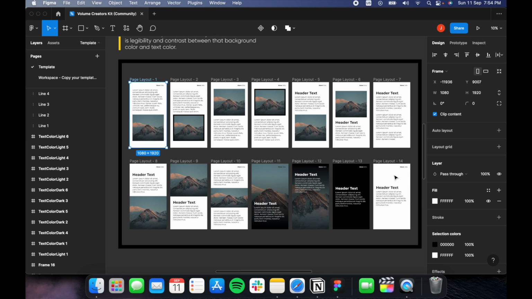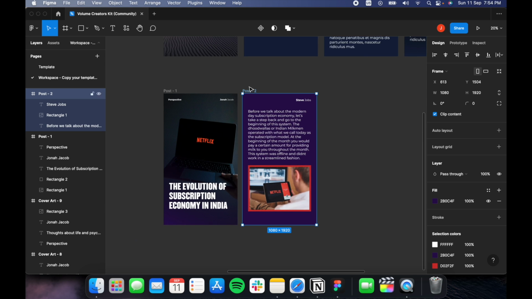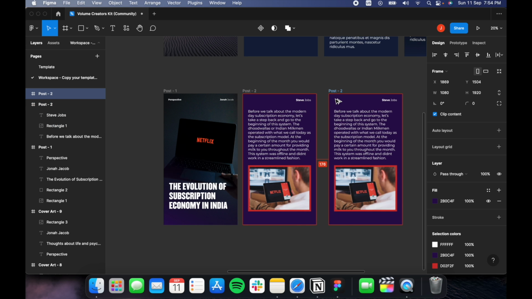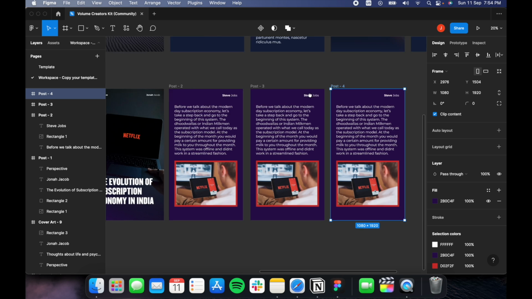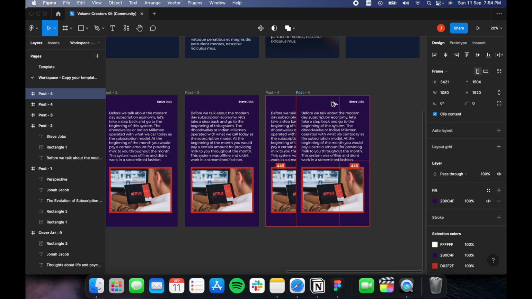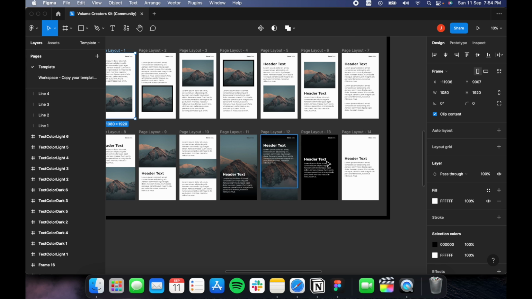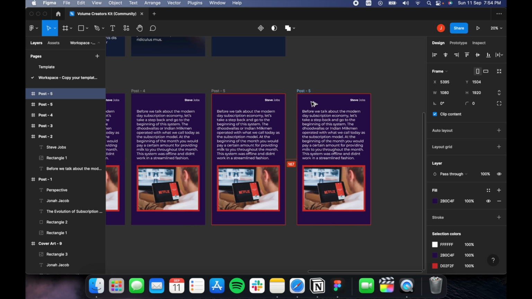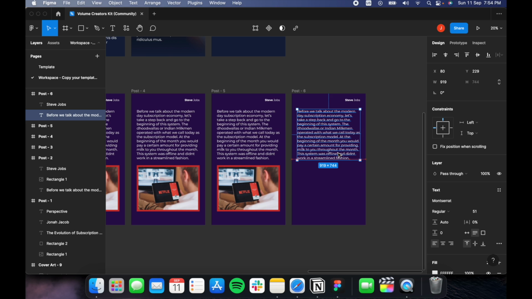I could go on taking some more templates. For the sake of this video, I'll be just repeating each of these templates, because you get the point on how to actually modify each of these templates. So I could go like this, and then finally my last slide, I would probably go for maybe something like this. So I would just copy, paste, close this, and